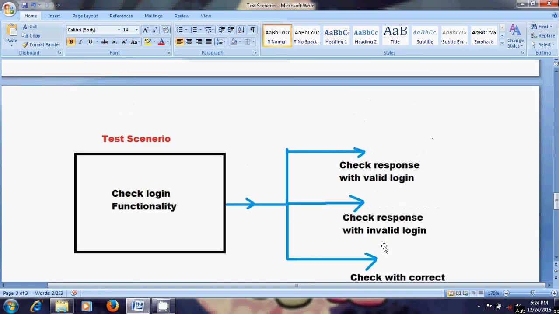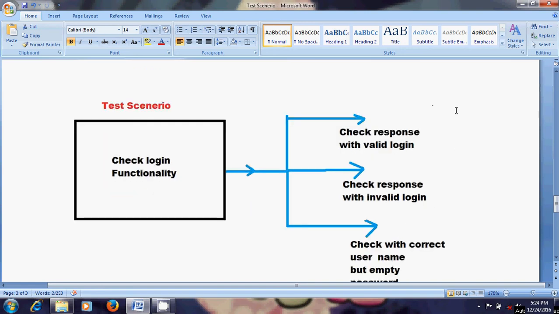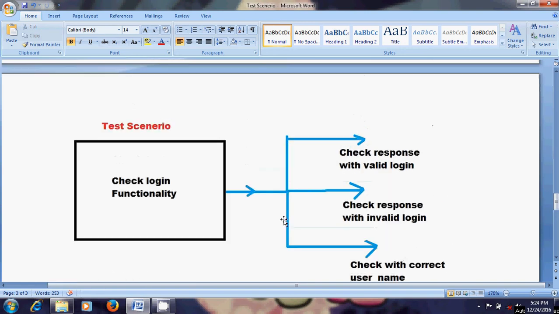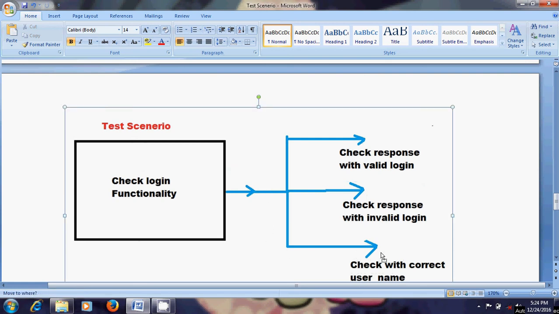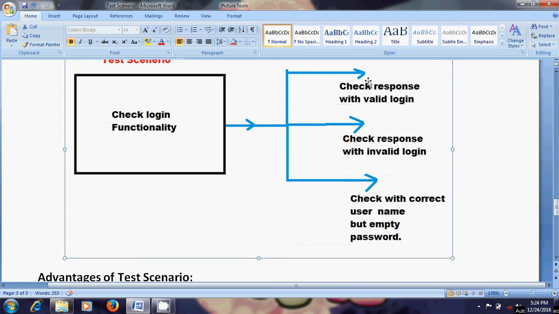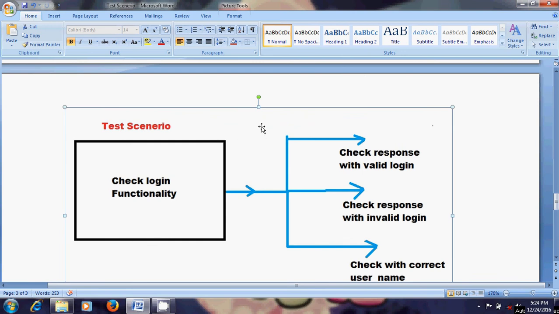So friends, if I explain it, this whole section has the first test case, second test case, and third test case, but if I include them within a common section, then it is a test scenario.